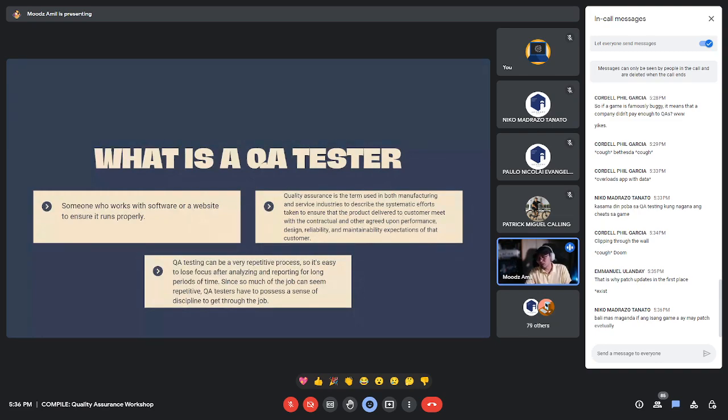Mga ganun siya. Bali, mas maganda if ang isang game ay may patch eventually. Yes, the purpose of the patch is to fix those small little issues na naglilinger somewhere within a game or an application. So, yun. Then, lastly is retesting. Retesting is really important if you have a lot of bugs. As a QA tester, it is also your job to ensure that the documentation of all of the reported bugs, reported issues